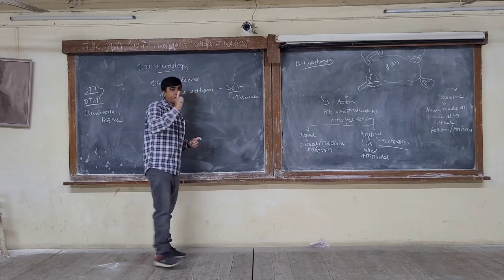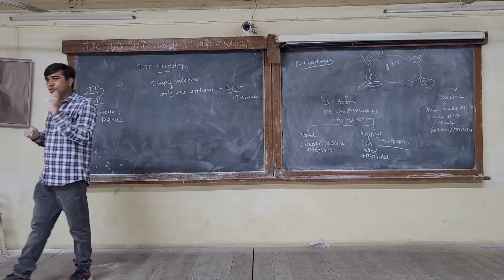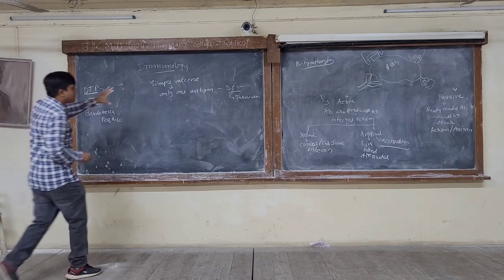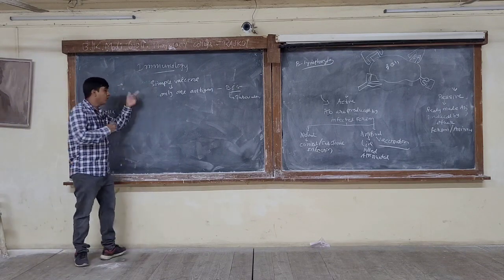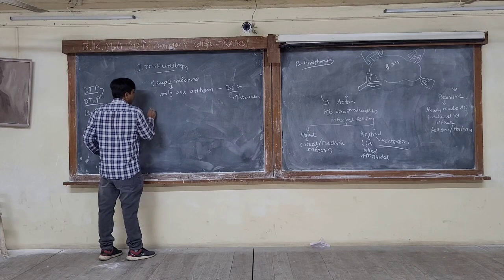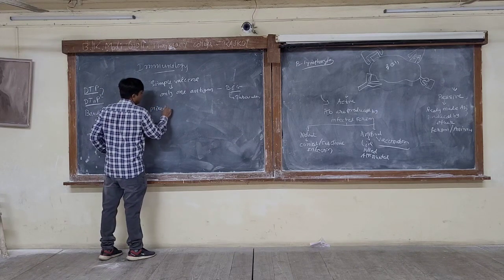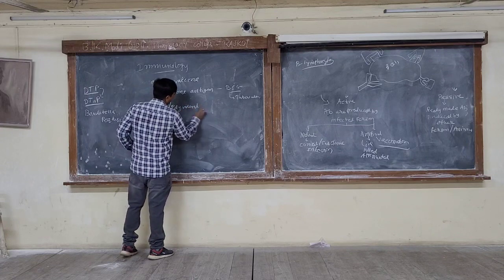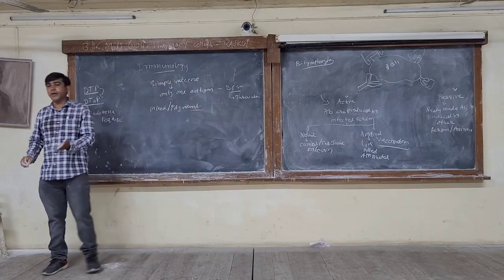But it's a single antigen. Its name is always written as capital B, C and G. And that's why sometimes it is misunderstood as a mixed vaccine. So it's a simple vaccine, only one antigen. When more than one antigen is present, it is called a mixed vaccine or polyvalent vaccine. Polyvalent, a mixed vaccine, more than one antigen.